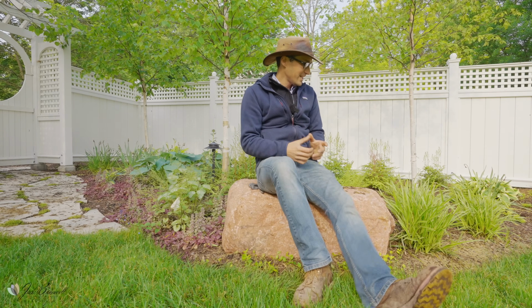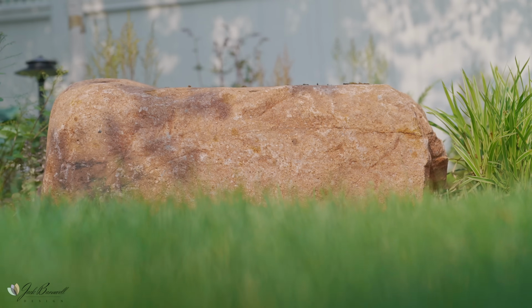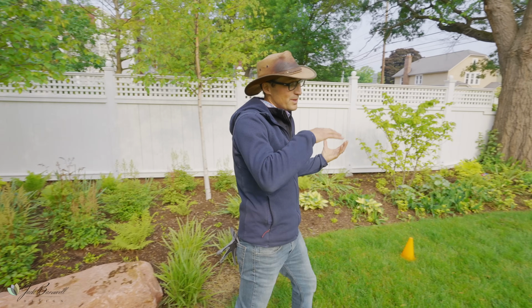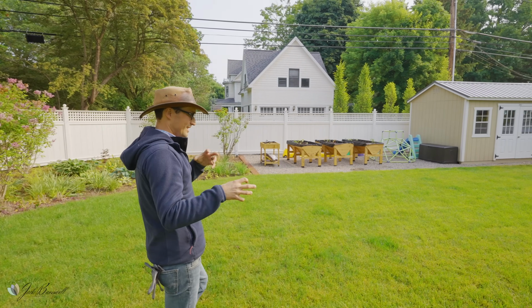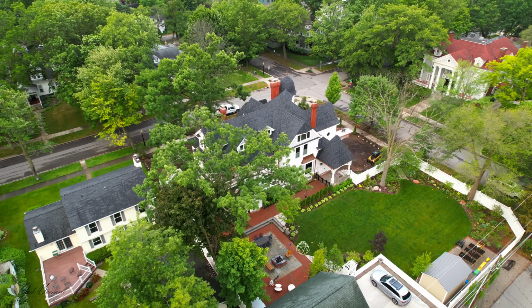So little spaces like this were set so you could sit here, have a cold beer, watch the kids playing some soccer, just all about hanging out and relaxing and having some good family time back here in the back especially. And as you see when we go around the front, the whole theme and look changes quite a bit to a more formal, a little more classical, kind of Victorian style